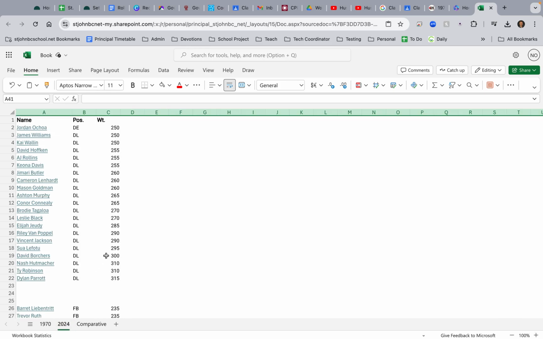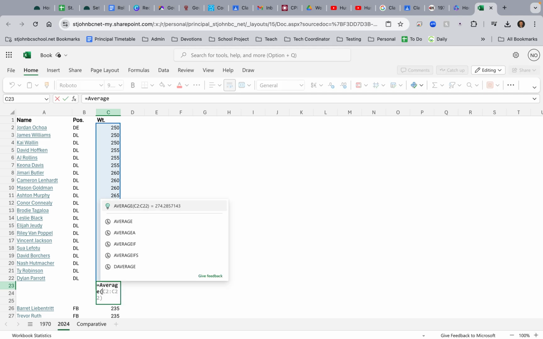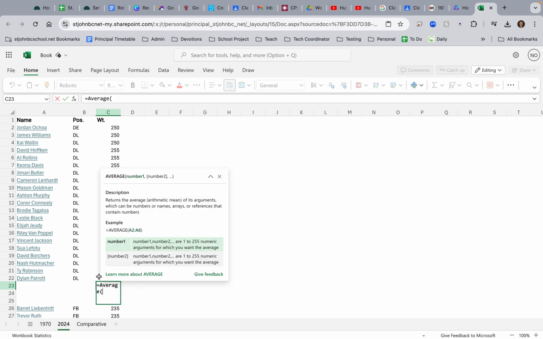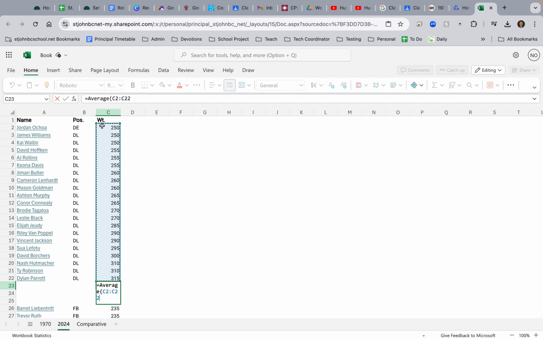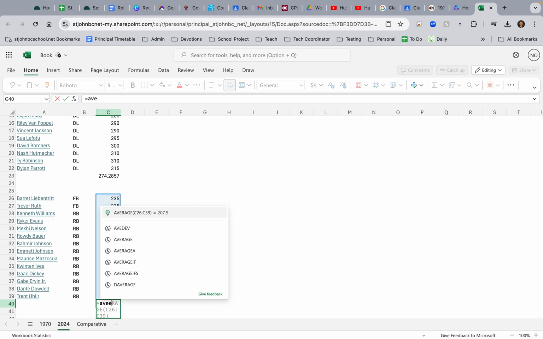Now going to 2024, I can do the exact same thing. Defensive linemen include defensive ends and defensive linemen. For some reason, they only have one person listed as defensive end. The rest are defensive linemen, but they all count. Equals AVERAGE, parenthesis, and Excel or Office is really smart, and it could tell what I wanted there, but I can drag up also. Equals average,